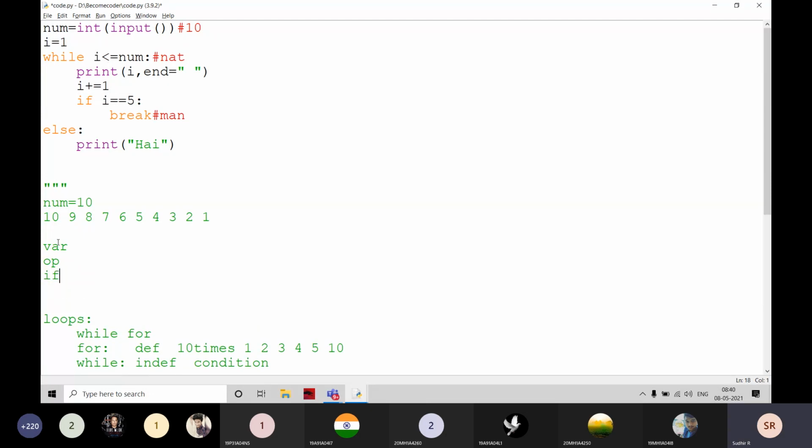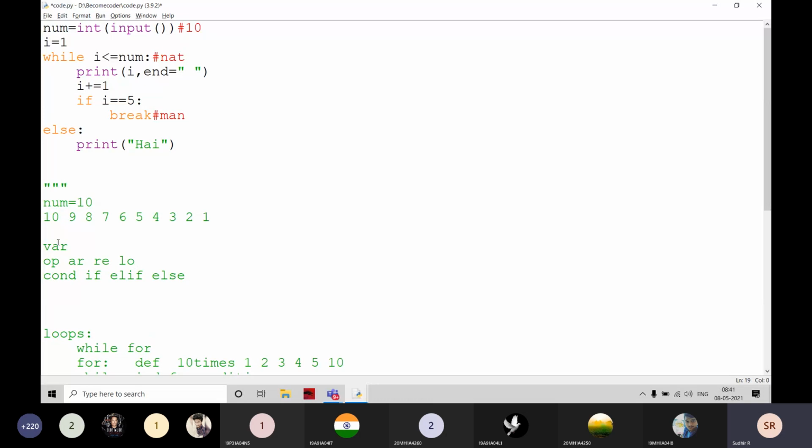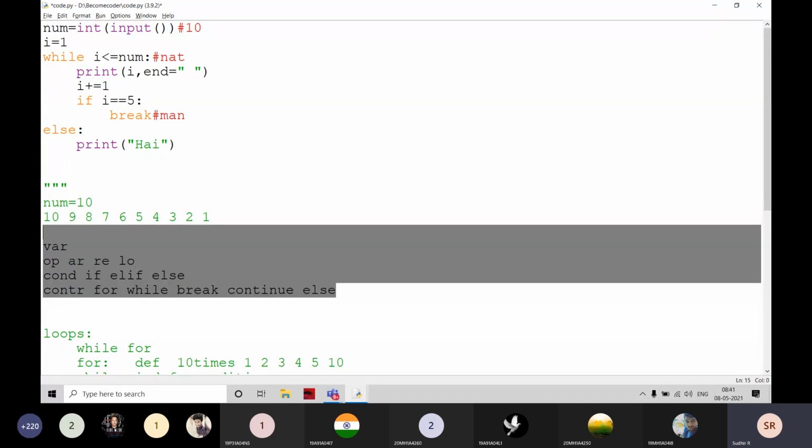After that, conditional statements: if, else if, and else. Then I moved into the control statements: for, while, break, continue, and else for the loops. These are the topics we covered up to now.